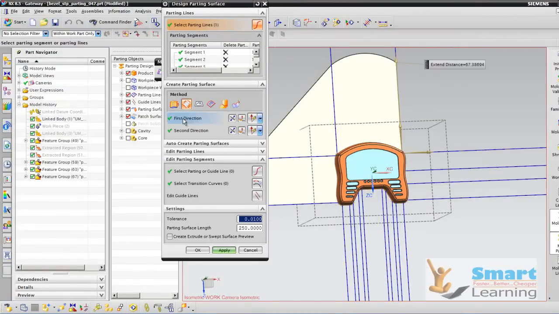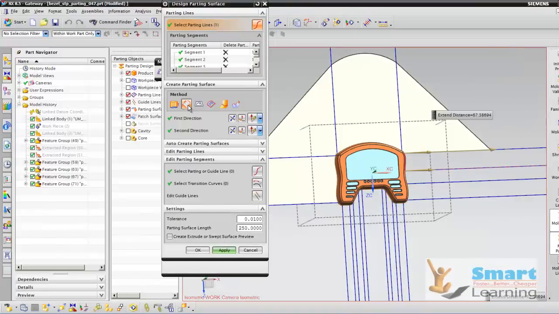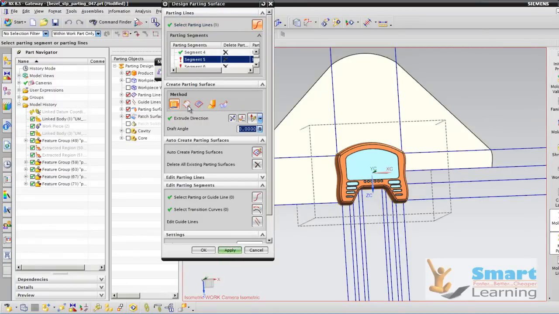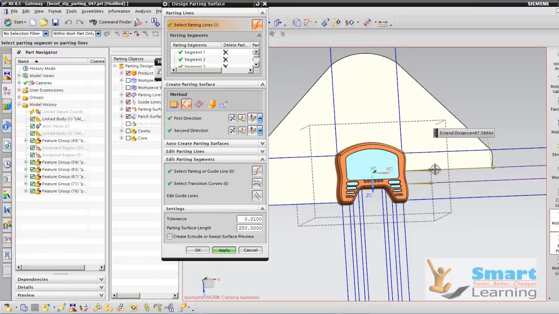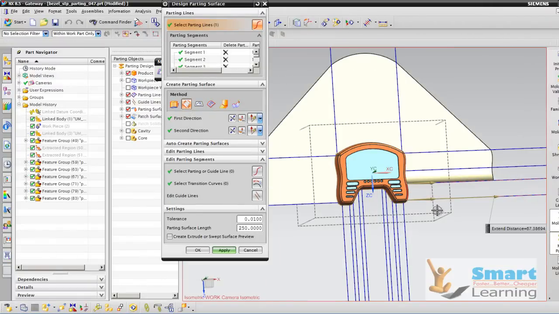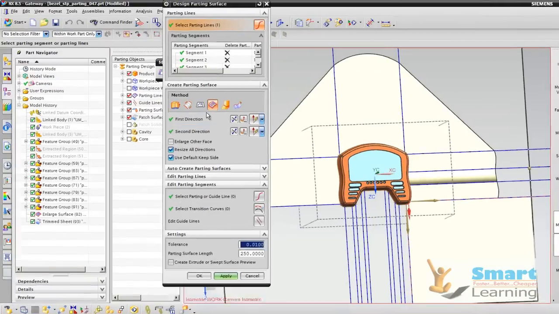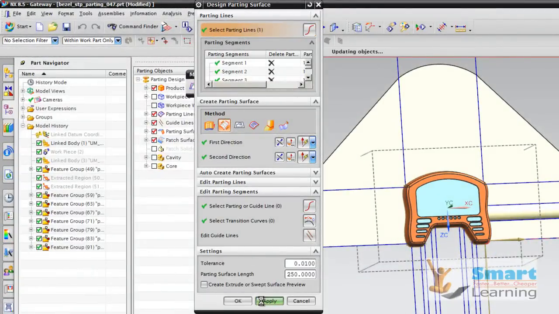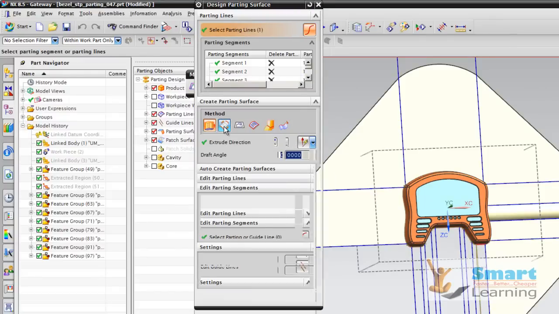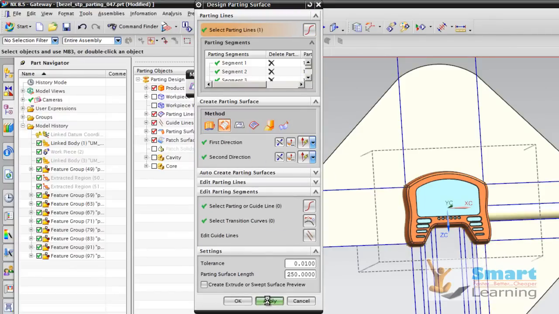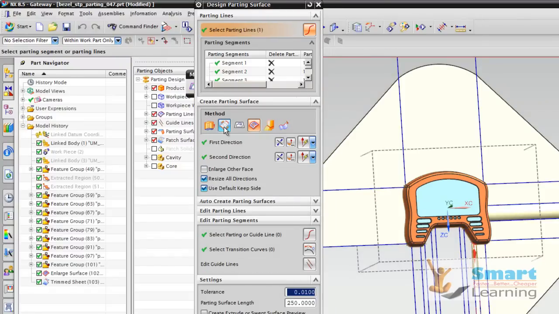Select the sweep and go to apply, and so on for all the corresponding boundaries. So you have to go for sweep, and you can check the segments here between these two guides and apply it. Again you can check it between these guides and apply, and so on. Go to the sweep and assign it properly, and continue for the rest of all the guidelines just by applying between these surfaces.